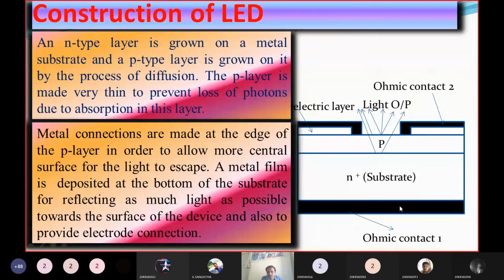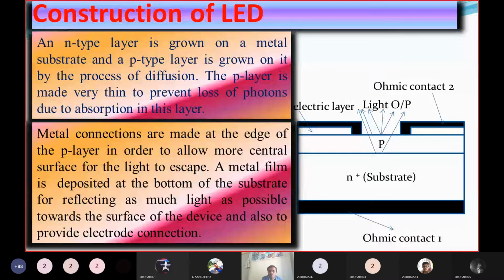Okay, so in that metal substrate we are doping the N layer. Suppose we are taking gallium arsenide material. In that gallium arsenide, if you dope with a pentavalent element, it will become an N-type semiconductor. That gallium arsenide N-type semiconductor is doped on any metal substrate, so on that